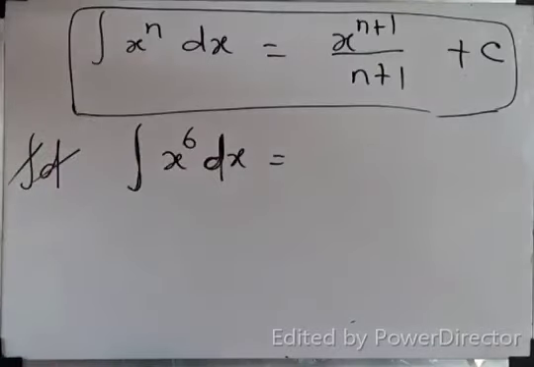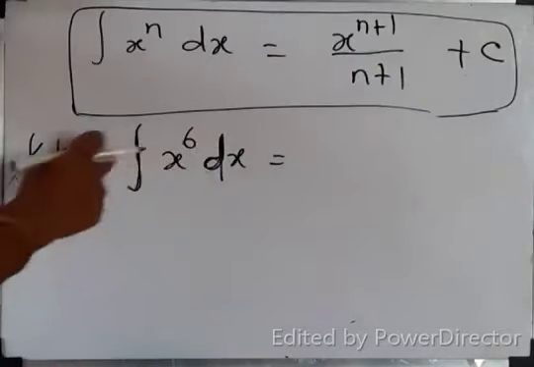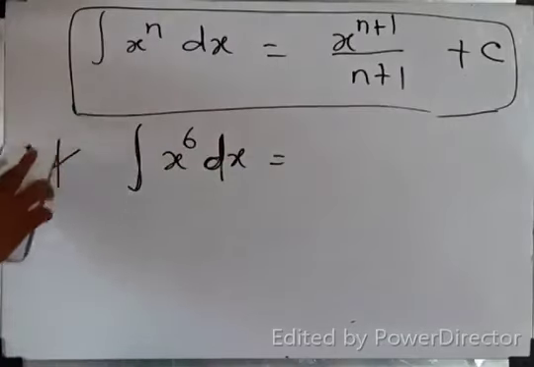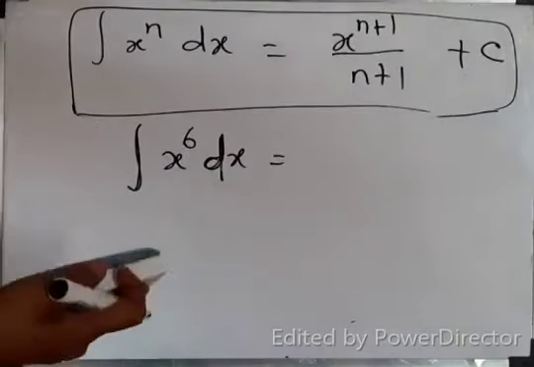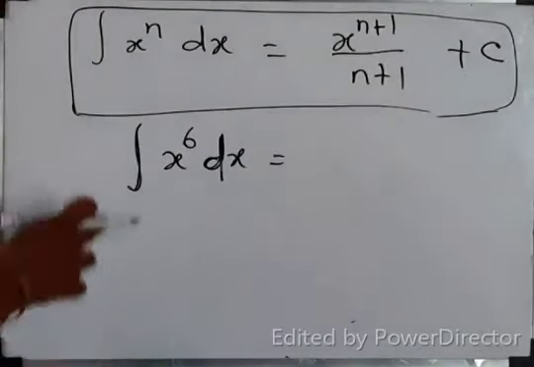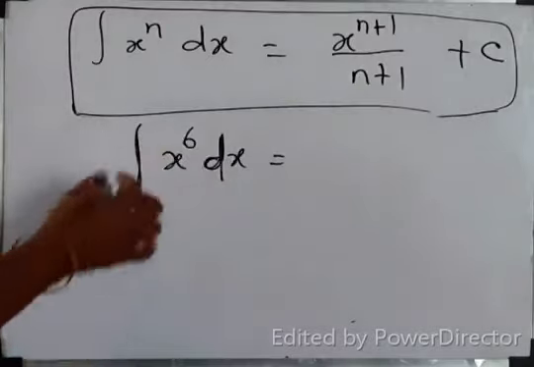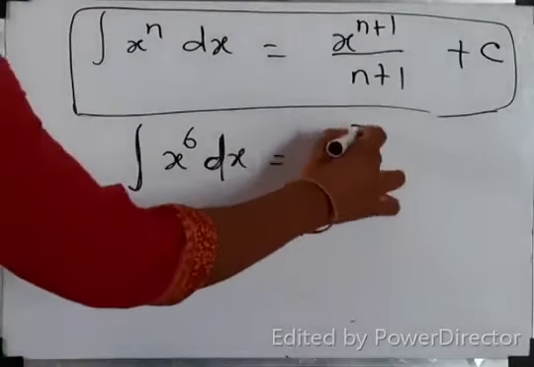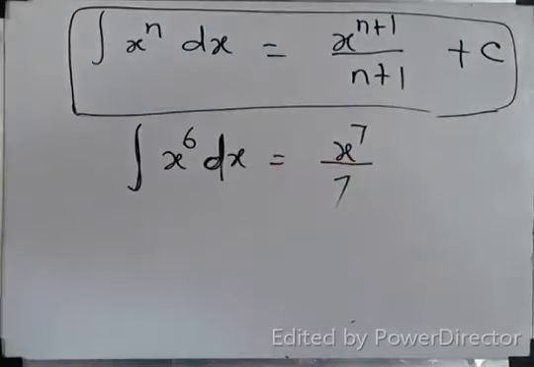Differentiation's opposite is integration, you know? So if you multiply, what happened? Both will get cancelled. Okay, actually this is not the proper methodology. Actually I am telling the technique. So integration and d will get cancelled. Now x power 6 into x, what do you have? X power 7. Then divide by 7, over. Do you understand the logic?